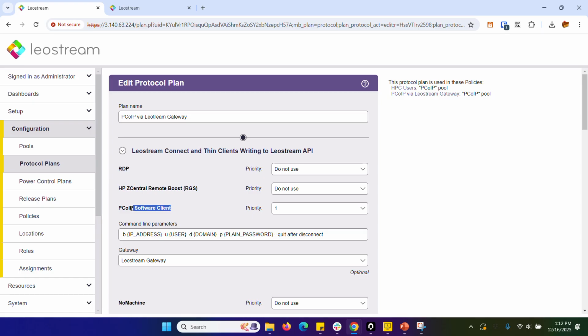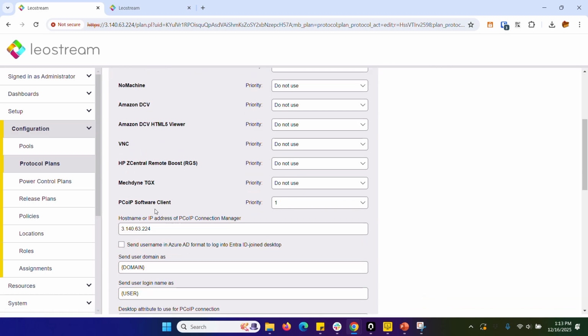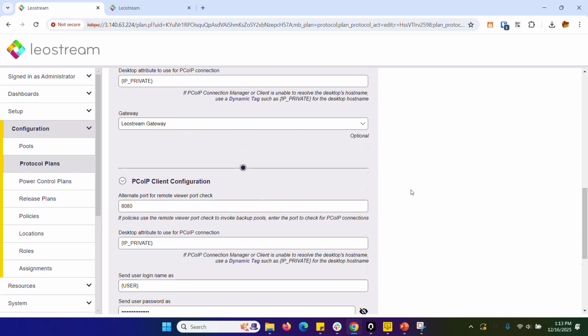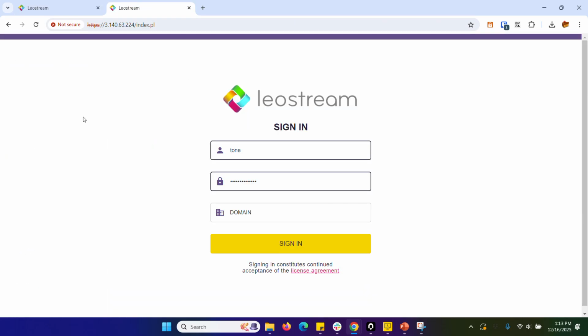That will launch the PC over IP software client. So ultimately, you do need both pieces of software on the device. And I can send that connection through a Leostream gateway, as I showed you in that high-level diagram. Users can also log in from a web browser. That'll also launch the PC over IP client using a URI, in this case, to connect to the desktop. Or obviously, if you come from a zero client, then our option is PC over IP, so we will connect you that way. So just to show you quickly from an end user's perspective what these different use cases look like,